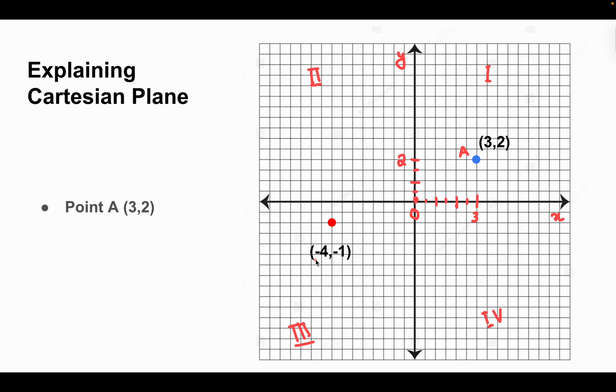So we write point B as minus 4 comma minus 1. So we can now describe any location by these two numbers. If a point is here, in the x-axis it will be a negative number, and in the y-axis some positive number, and by these two numbers we can define any point in the